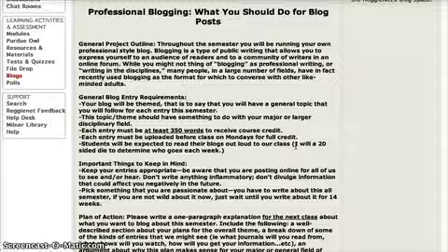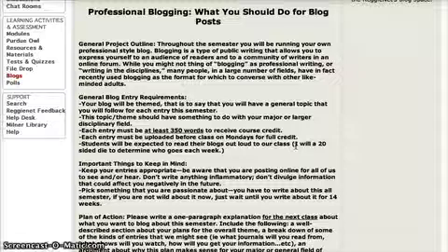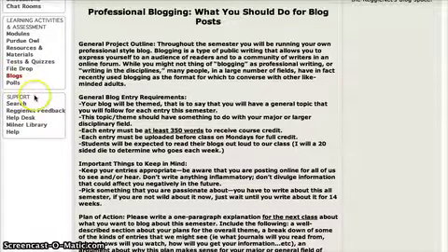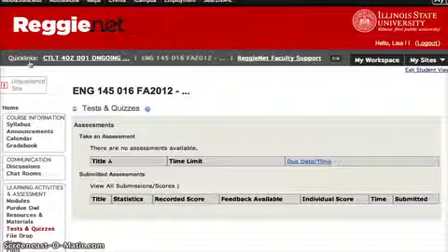I find that when I'm in classes, if I don't have some kind of incentive, that sometimes I don't always get things done, and this is a way to ensure that we do that. The other thing, every Wednesday you will have a short quiz on a reading that I have assigned for Wednesday's